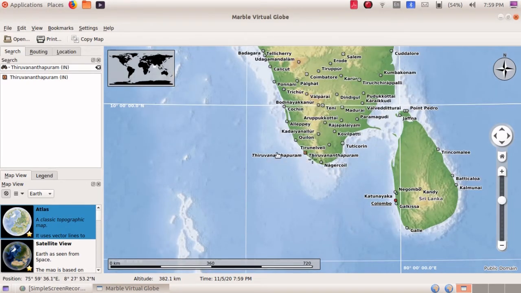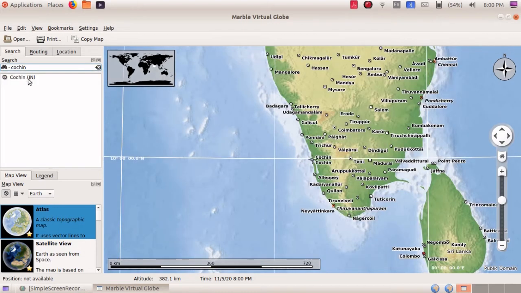Okay, suppose I am going to find another city, Cochin. Okay, so just to see, click here. See here, this is the Cochin. This part we can see any noted point. See here, I am going to select Cochin, COCHIN, isn't it? Okay, press enter. See children, here we got the city Cochin.